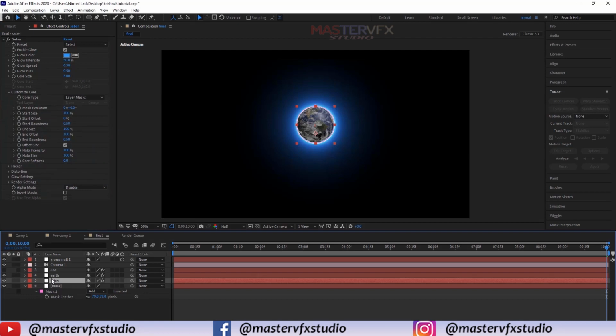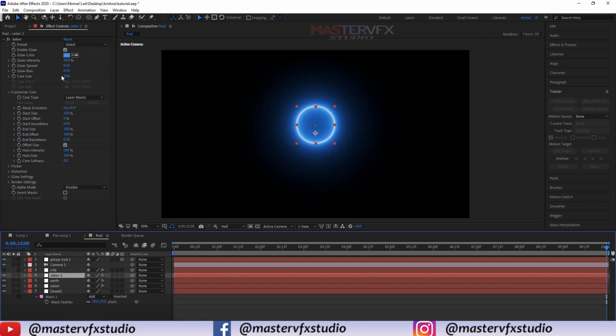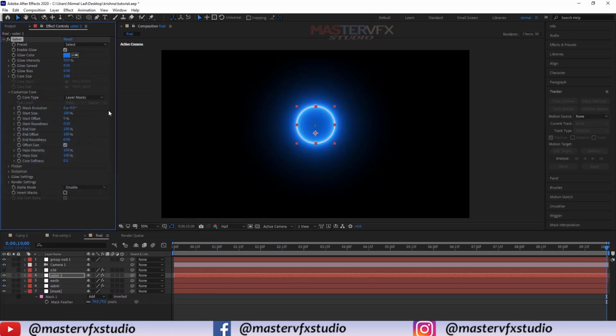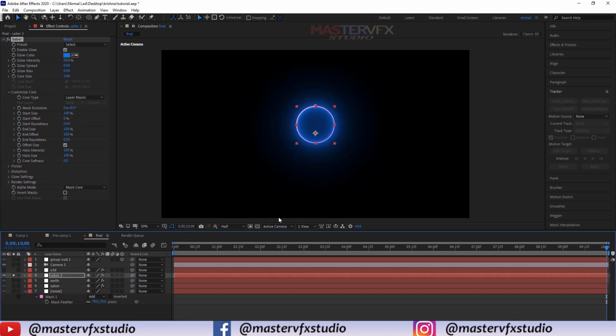Now again duplicate this saber layer and put it above this earth layer, and change the color to pure blue. In render settings, change alpha mode to mask core. Just solo it to see, and decrease the intensity to 30 or 33%.